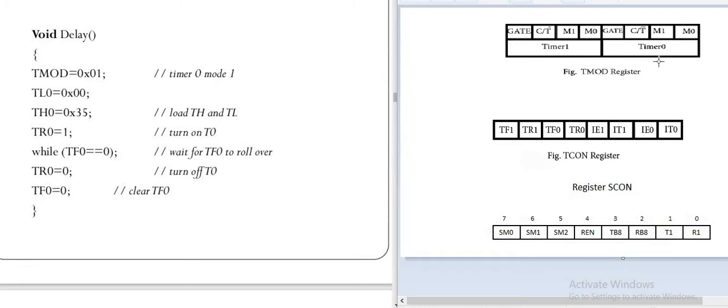The timer has 4 modes: mode 0, mode 1, mode 2, and mode 3. Here we have to use mode 1.